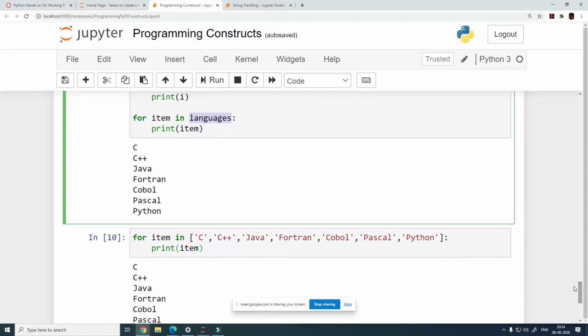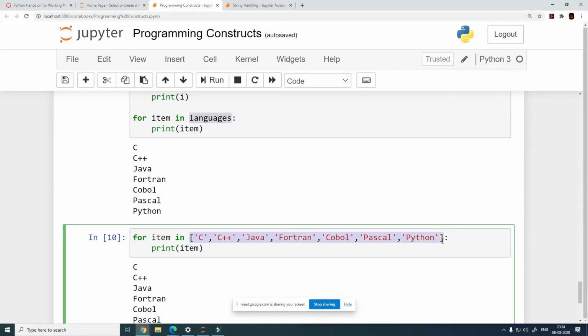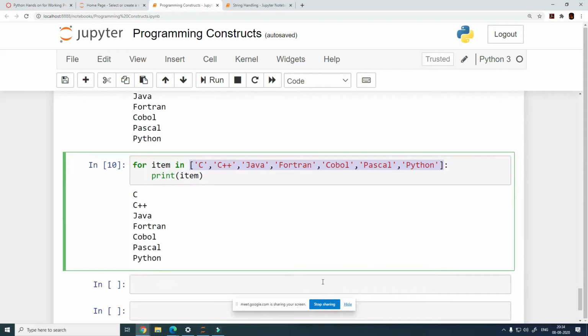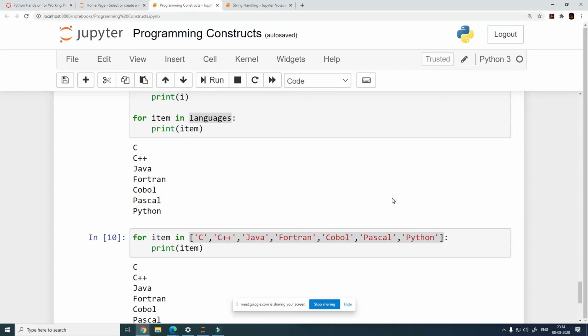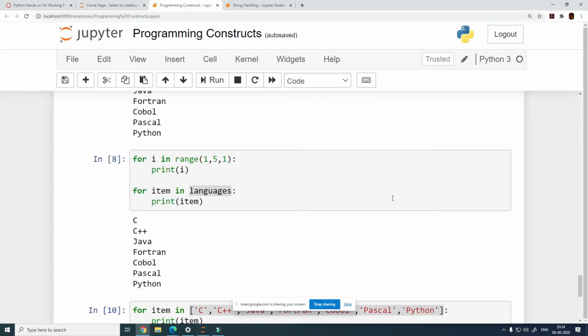If you ever find it difficult to understand how this is iterating through the whole list, you can look at this piece of code, and this will comfort you a little. Same way, like in range, we are defining the step, right? Step number. Can we do the same with a list as well? No, you cannot do it with the list.